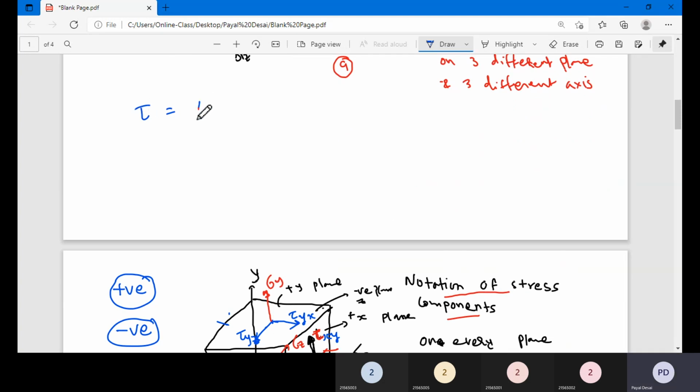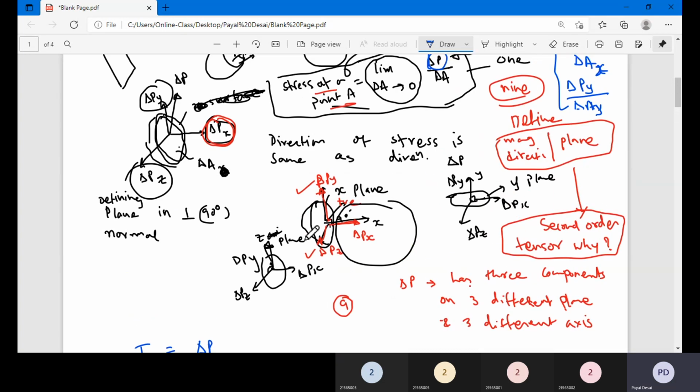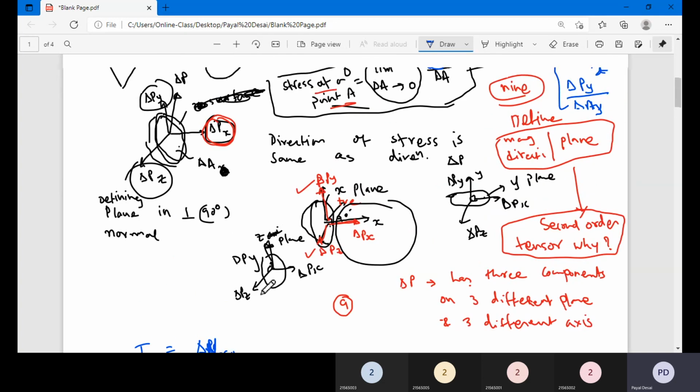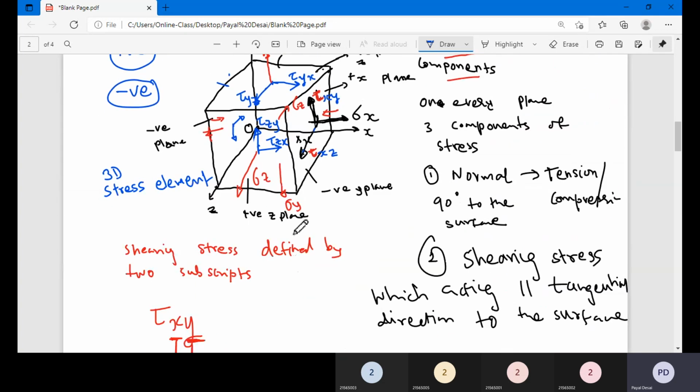रिमेनिंग 3 को डिफाइन करने के लिए, टाउ को डिफाइन करने के लिए आप डेल्टा एक्चुअली इसमें सब्सक्रिप्ट के साथ होगा, मतलब शियर फोर्स जो आप डिफाइन करते थे, शियर फोर्स, ठीक है। ये जो P है नॉर्मल फोर्स है और V है शियर फोर्स होगा, तो उसमें आप एक्स वाई और ऐसे करके डिफाइन कर सकते एक्स वाई, क्योंकि शियर फोर्स कौन से प्लेन पे और कौन सी डायरेक्शन। सो डेल्टा V एक्स वाई है तो वो कौन सी डायरेक्शन पे जा रहा है, V वाई एक्स है अगर, तो ये है आपका कंपोनेंट। V एक्स वाई है तो ये कंपोनेंट है, ठीक है।